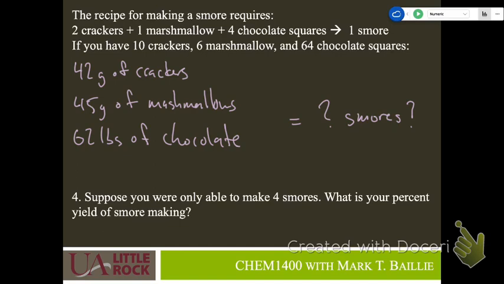And then some. Okay, since we know how many of each we have, can we say like for every 10 crackers it's 42 grams? Yes-ish. Can we say it in a cleaner way? What's the key piece of information we need for each ingredient? Tara? How many grams is in one s'more?